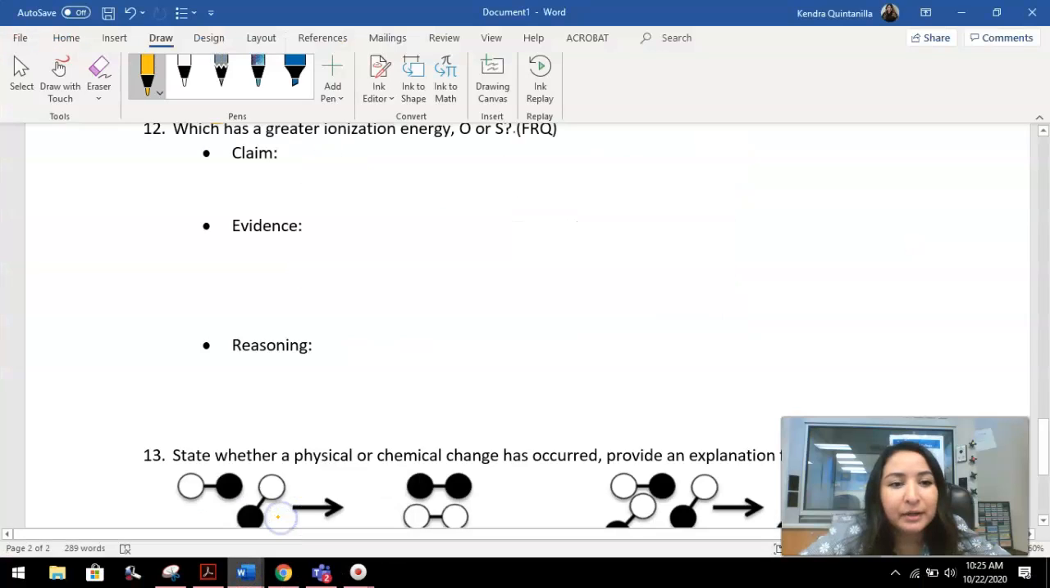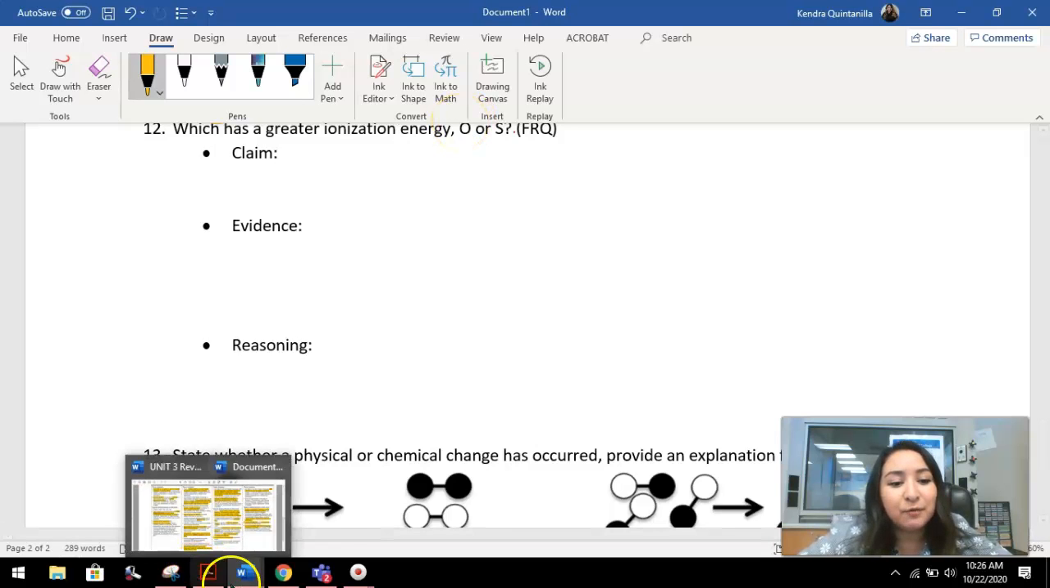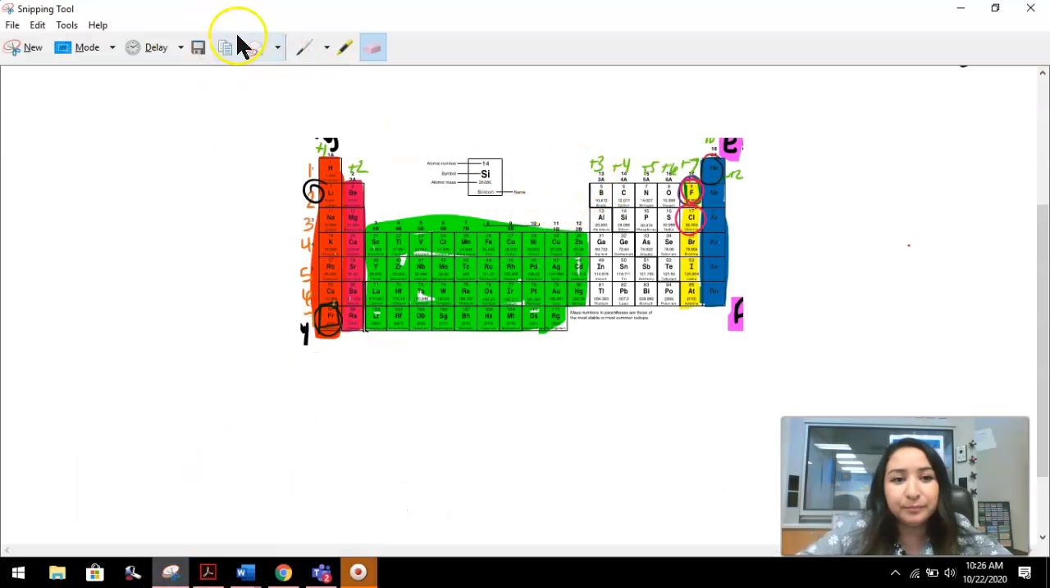Okay, so let's go ahead and look at question number 12. It's asking which has a greater ionization energy, oxygen or sulfur? I want you guys to go ahead and pause and write down your claim on which you believe has the greater ionization energy between oxygen and sulfur. Okay, looking at oxygen and sulfur, where they are on the periodic table,